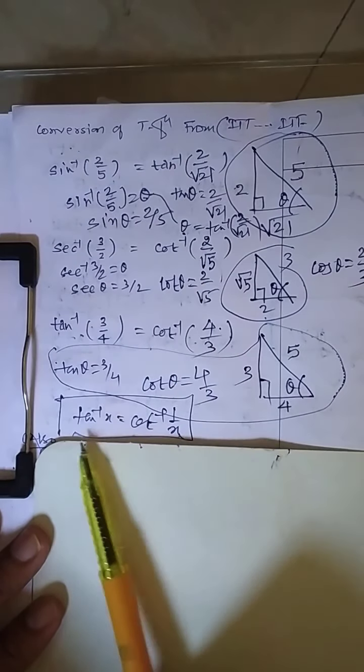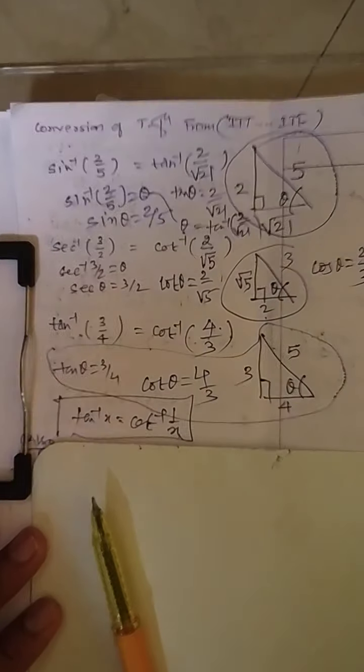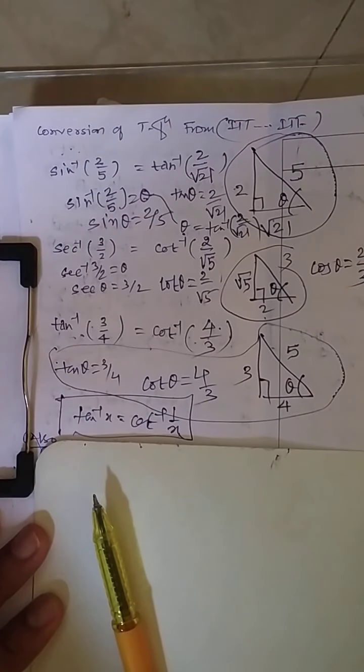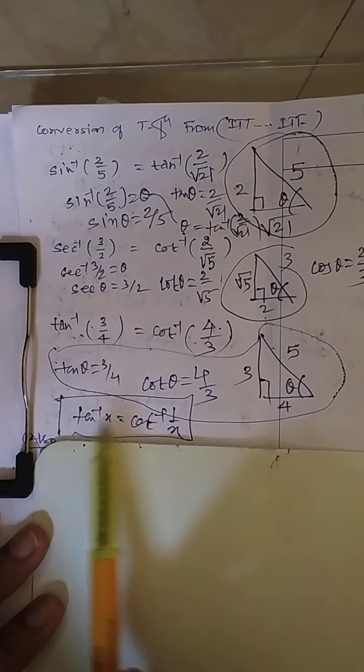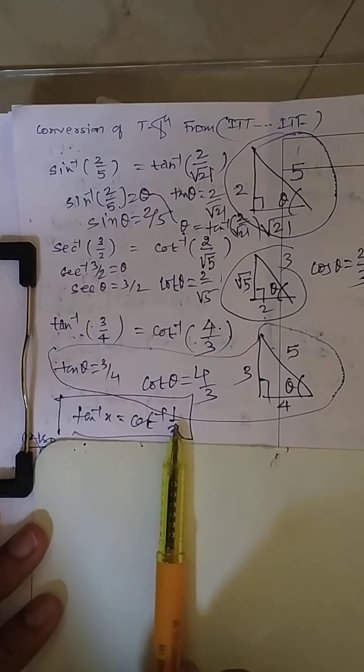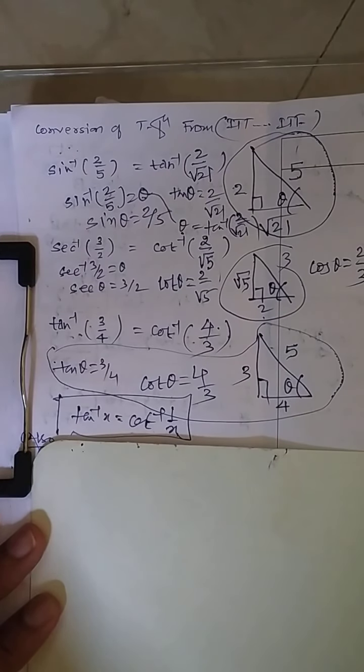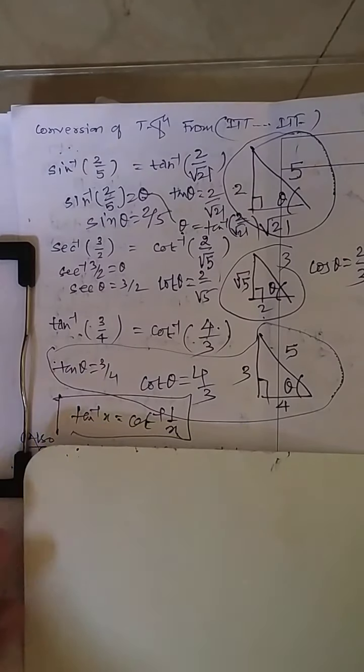We know this reciprocal remark only for sine with cosec: sine inverse of x will be equal to cosec inverse of 1 by x. And tan inverse is nothing but cot inverse of 1 by x. Therefore, if you don't know this remark, this is tan and cot, tan inverse and cot inverse. So that way you can use it, but not in all cases. Okay. Next,